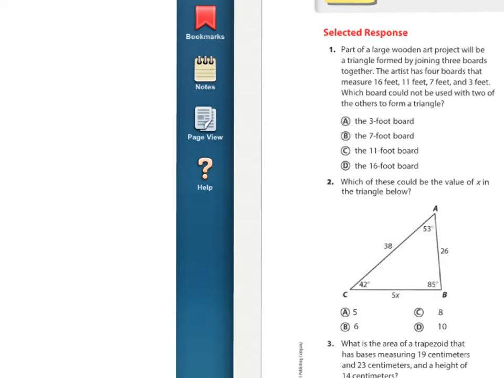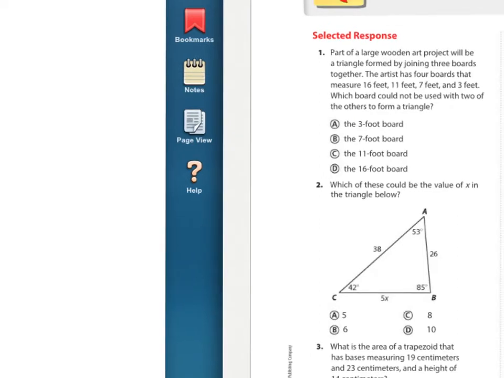Let me give you a hint. With these, if you start with the smallest 2 and add them together, because remember, when you add 2 of the sides together, they have to be greater than the third side. So find the smallest one, add it with the other smallest one. What's 7 feet plus 3 feet? That's 10 feet. If that only equals 10 feet and it's smaller than the other ones, it's just going to